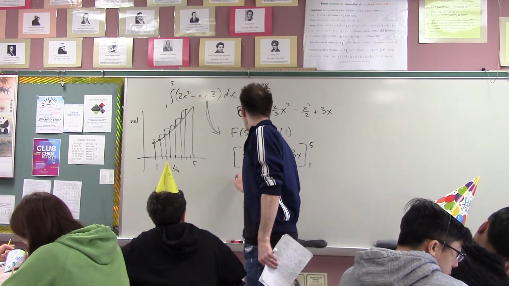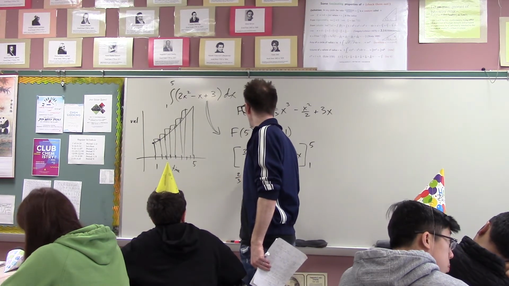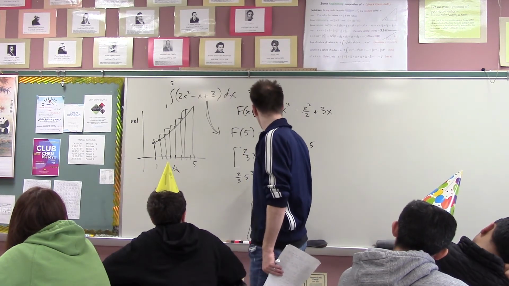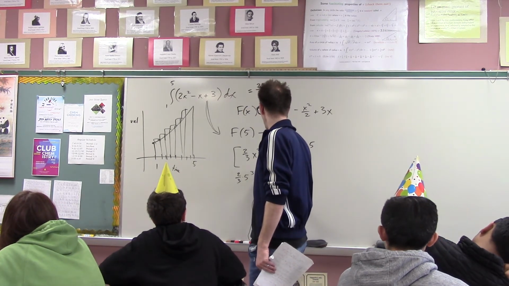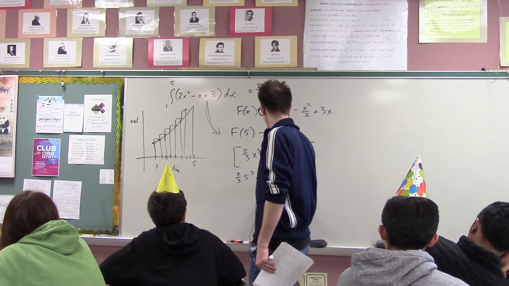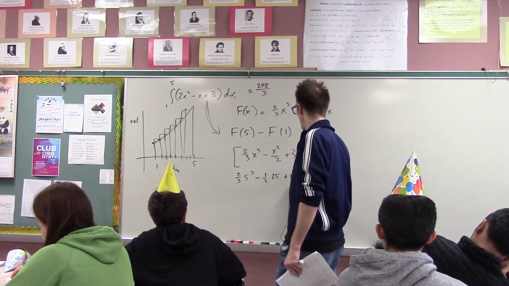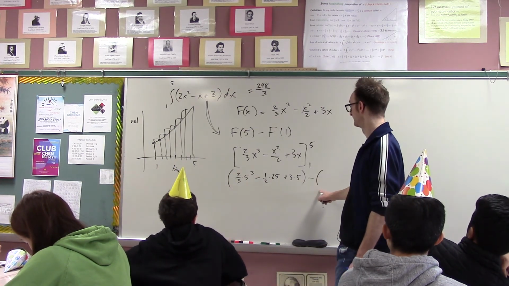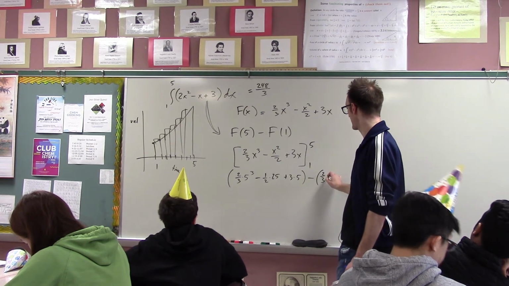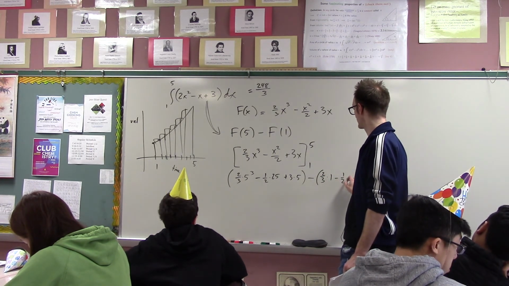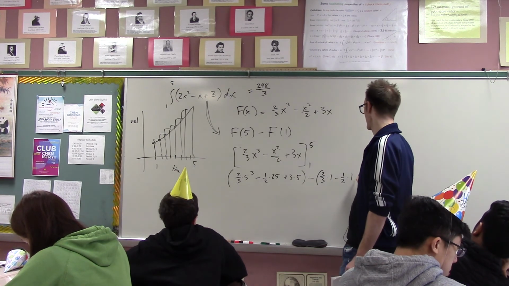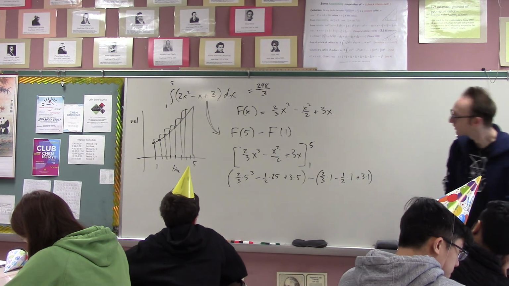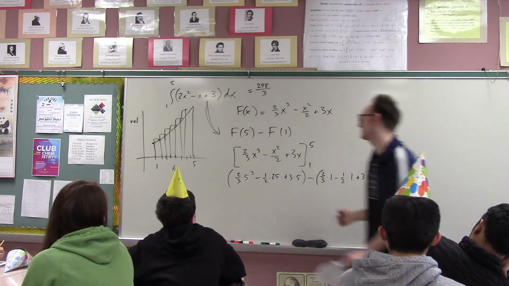Let's just do it, right? You get 2/3 times 5 cubed, minus 1/2 times 25, plus 3 times 5, and then all of that minus 2/3 times 1, minus 1/2 times 1, and then plus 3 times 1. Okay, so it's still a little bit of arithmetic to do. I think the smoothest way to actually